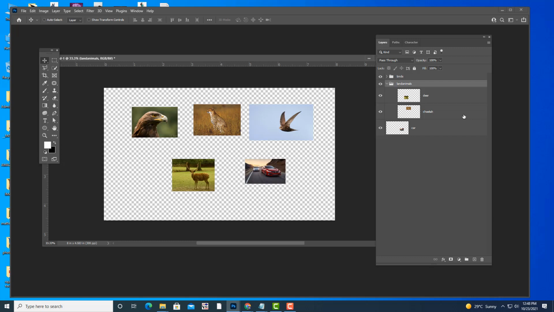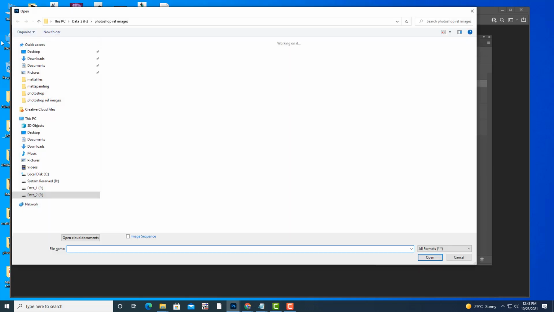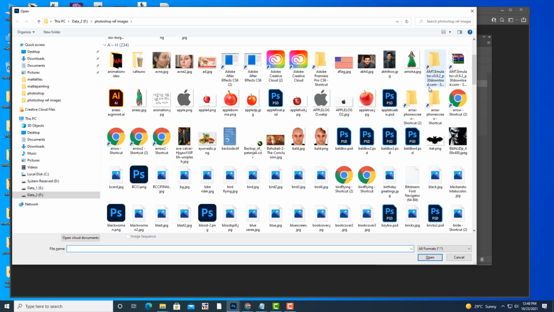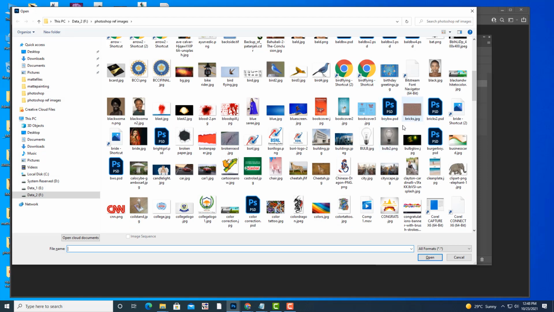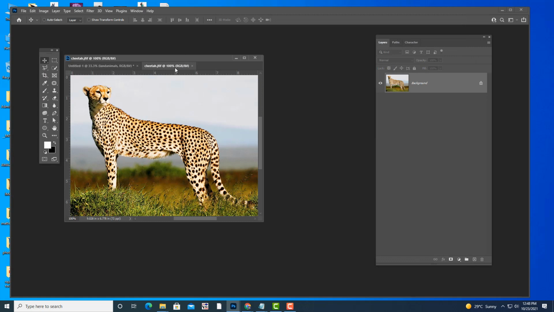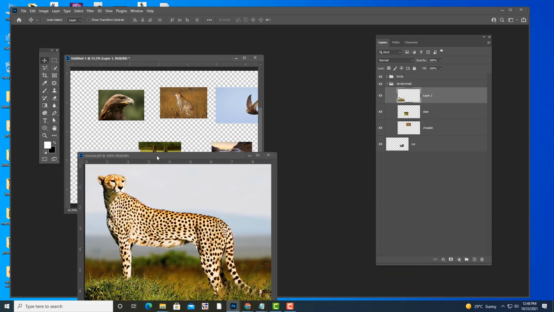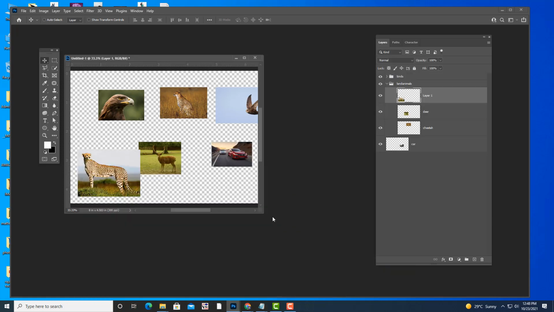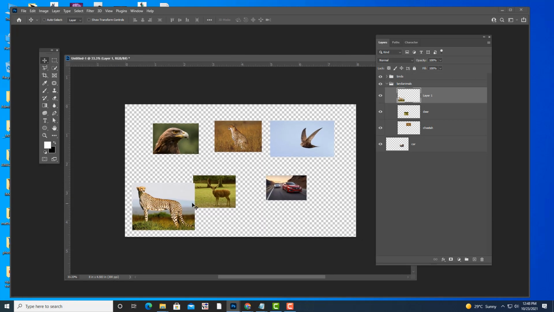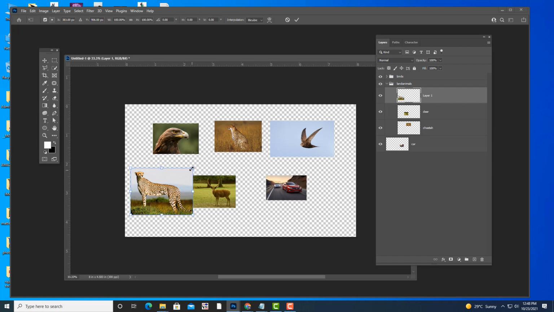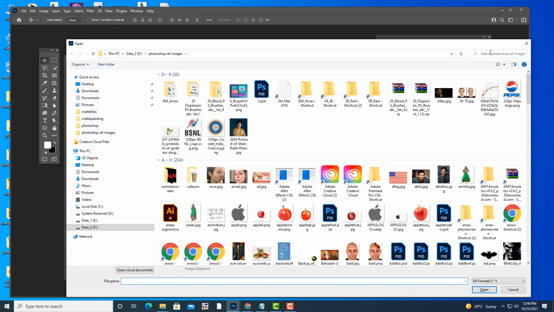Okay, so let me get the image of this cheetah. Okay, and then I will also get the image of elephant.